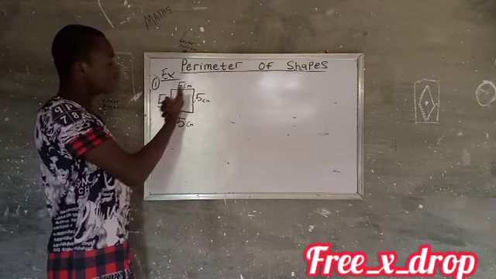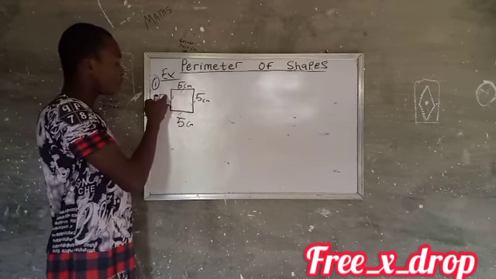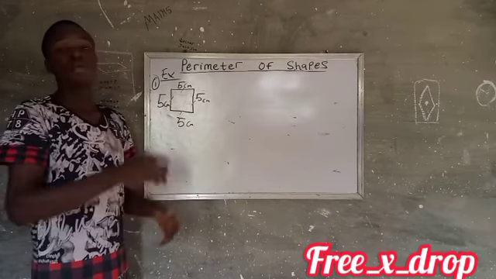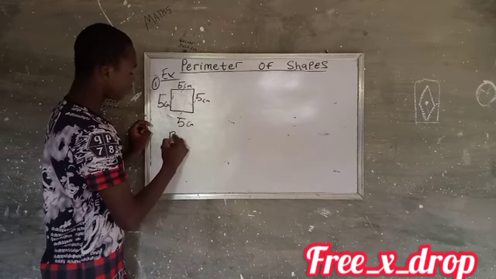Now you can see that this shape here, which is a square, has 4 sides: the top, the side, and the bottom. Now what do you simply do? You just add up all of them. Now you simply have the perimeter